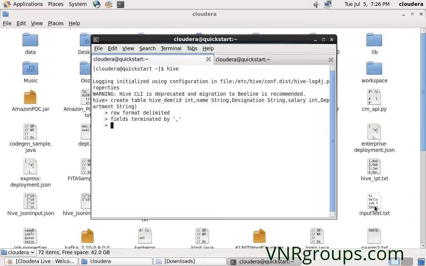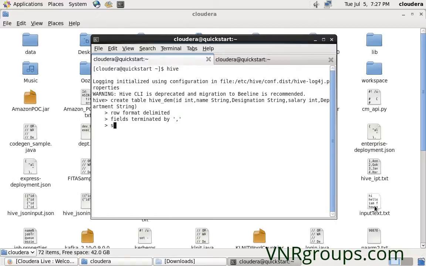And what else do we have? You can save the table data in HDFS as a file, but what kind of file do you want to save it as? You can save it as a text file, or you have other options like sequence file, RC file, or row columnar format, and the optimized row columnar format, ORC file. We are all familiar with these formats.